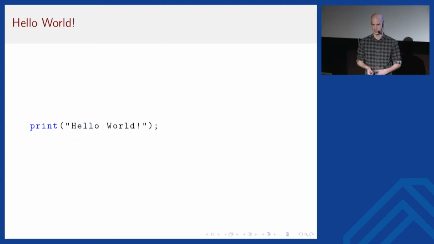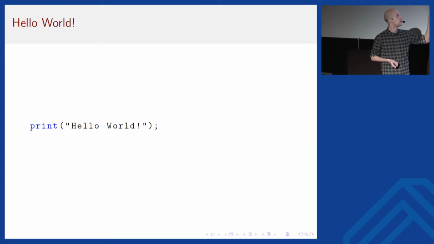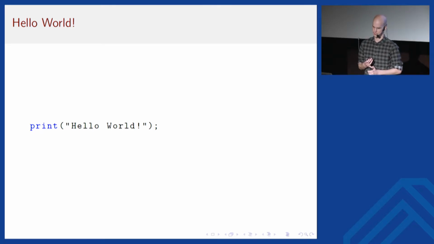With that out of the way, this is Hello World in Lua. Simple enough. Please note that my syntax highlighter likes to make the print function blue because it comes from the standard library. That actually does not mean anything special. It's just a function like any other, and we will see the implications of that very soon.